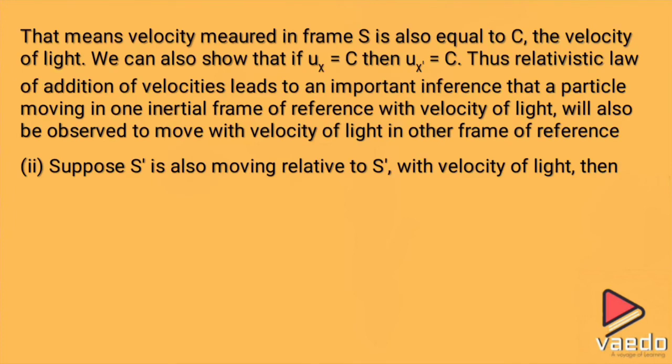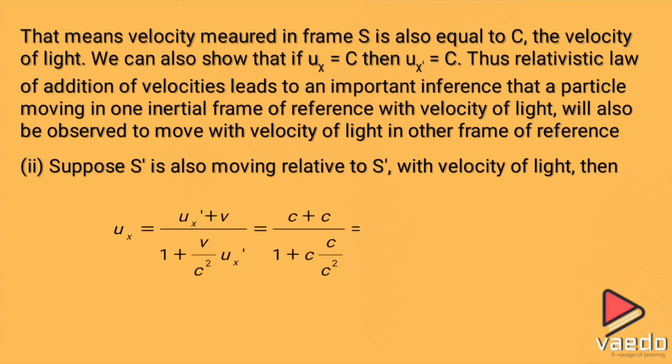जब जो frame of reference है वो भी speed of light से travel कर रही है, और जो particle है वो भी speed of light से travel कर रही है. So if we add both of them, interestingly ये result भी exactly equal to c आएगा. So c plus c over 1 plus c square over c square is equal to c again. So हम